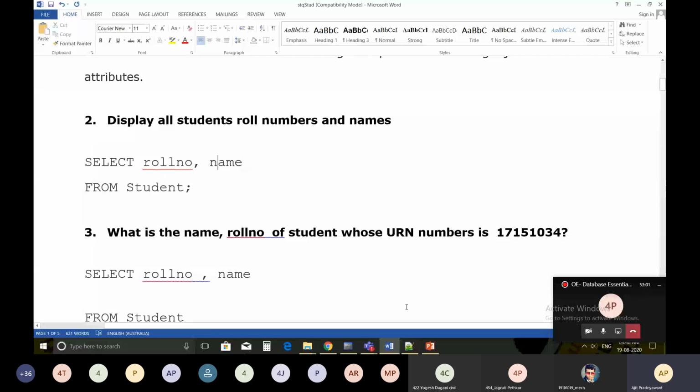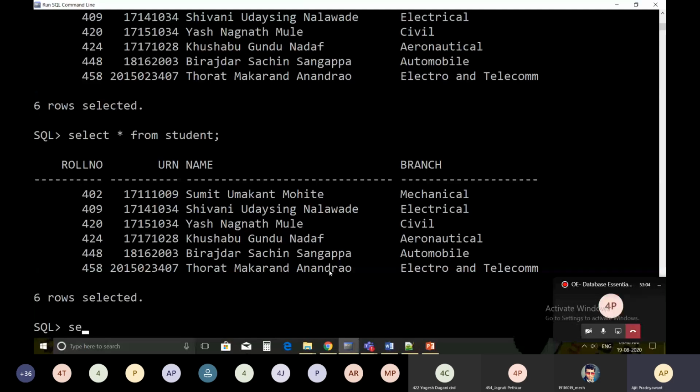So just see how to retrieve it. Select roll number, comma name from student. This will retrieve only the roll number and name. Just see the output. What is your requirement? You have just retrieved the roll number and name.